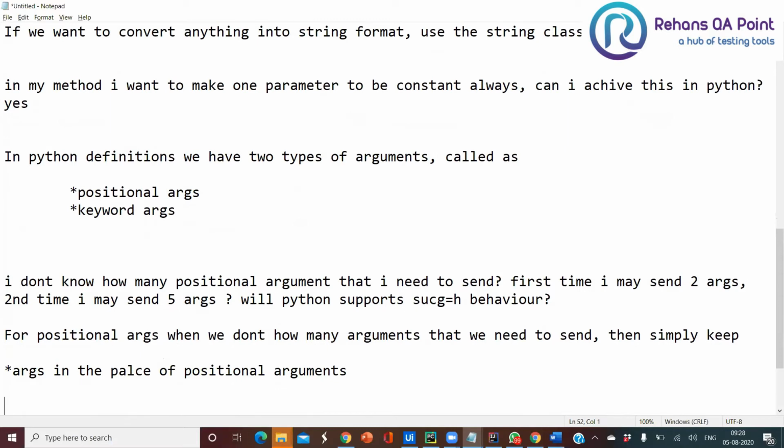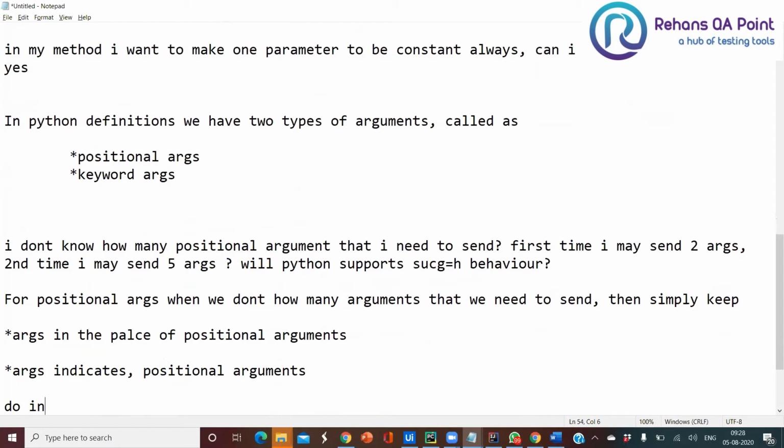Okay, so star args indicates positional arguments.